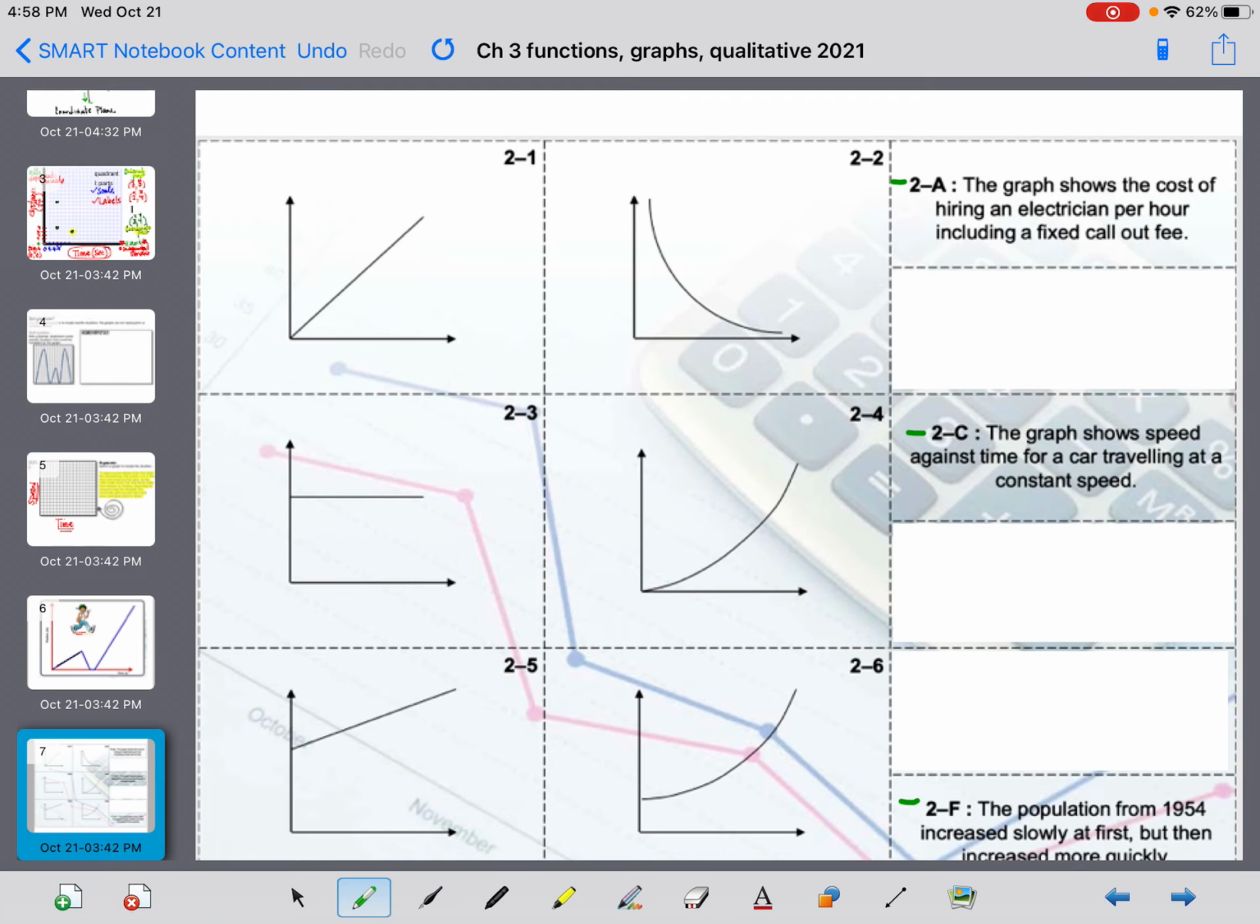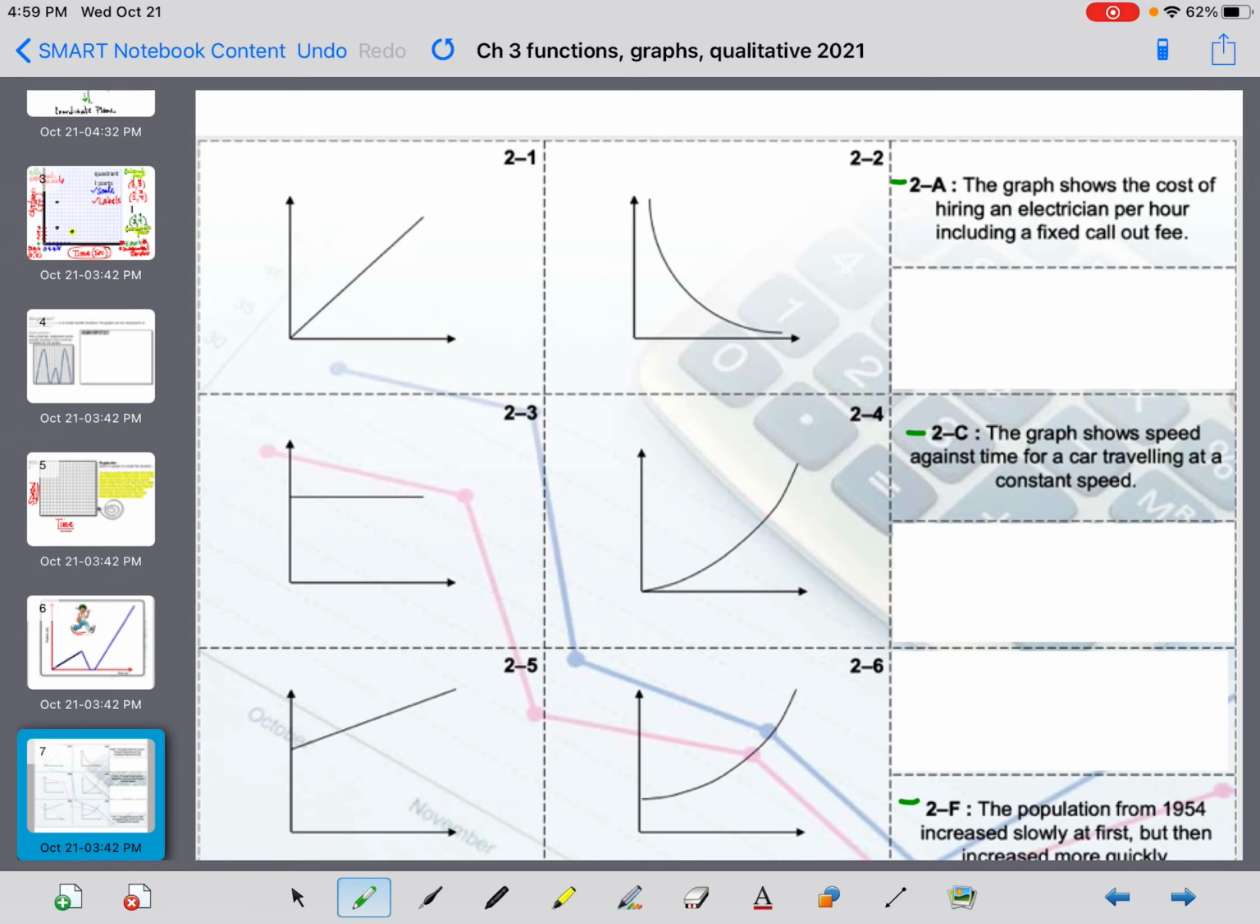What I like to do is start with the word problem and then see if I can match the graph to the word problem. Sometimes I find that helps me figure out the graph. And I use a process of elimination in order to do it. So this